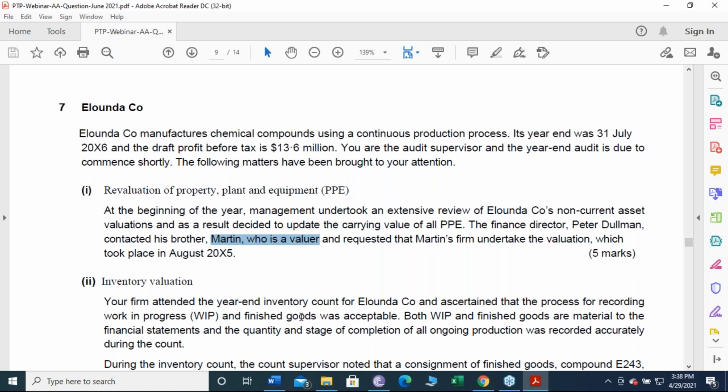Moreover, you need to calculate the depreciation charge, and you need to make sure that the depreciation charge for the year has been applied on the revalued amount correctly for the 12 months. Because just imagine the revaluation had been performed during the year. Then the depreciation charge is divided: up to the date of revaluation on the old value, and after the date of the revaluation on the revalued amount. But that's not the case here because the revaluation took place at the start of the year.